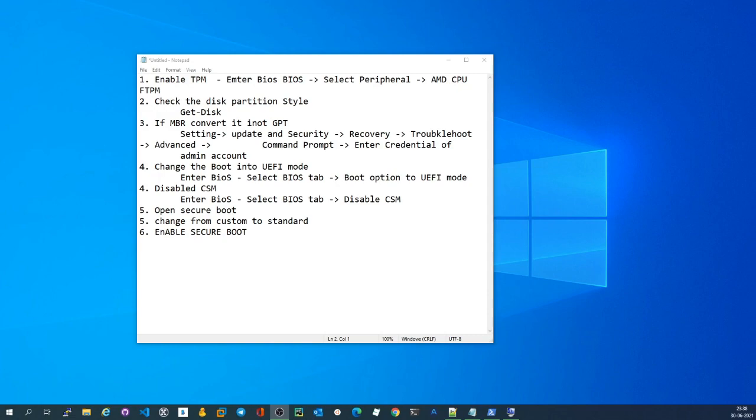My name is Santosh, and today I'm going to talk about the issues that everyone is facing when they are trying to upgrade to Windows 11. A similar issue I have also faced, and I spent a lot of time to resolve that issue, and I thought it would be a good idea to share the same knowledge with everyone.